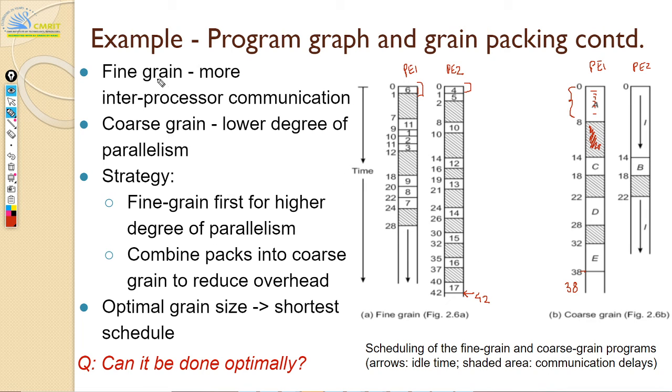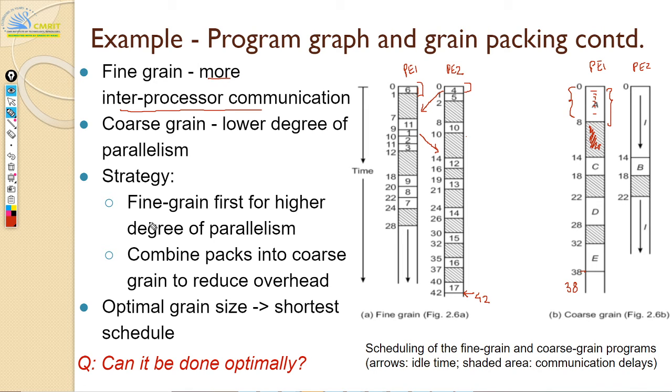If you take fine grain, fine grain means more inter-processor communication, right? Because your 6 and 4 are ready, but then 4 has to be communicated here. So communication will take some delay. Similarly, your 1 and 2 may be required here, so this takes some delay. That's why you see lots of delays here. It's your latency, all your communication latencies. But on the coarser grain, you get lower parallelism. Communication delays may be less, but you cannot parallelize further. So you have to choose that sweet spot to choose the grain size.